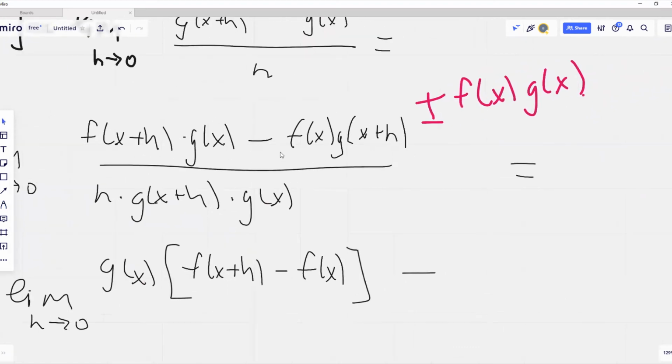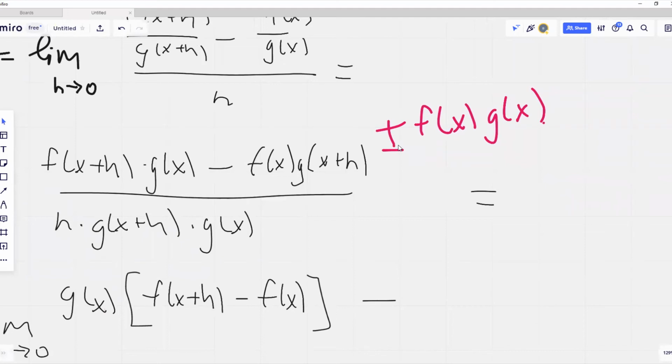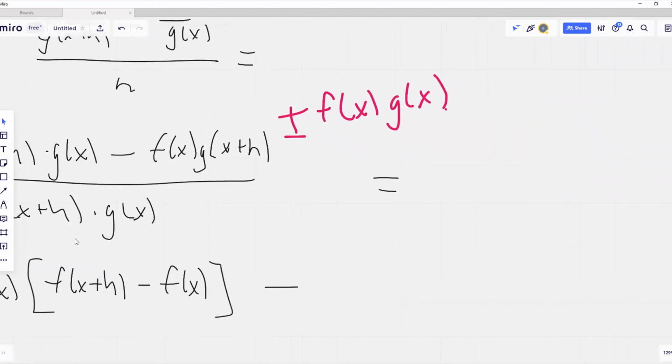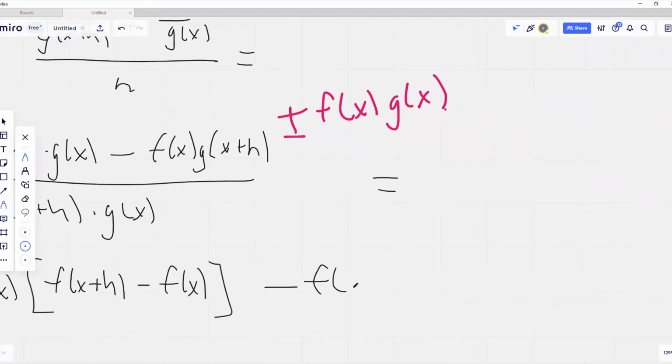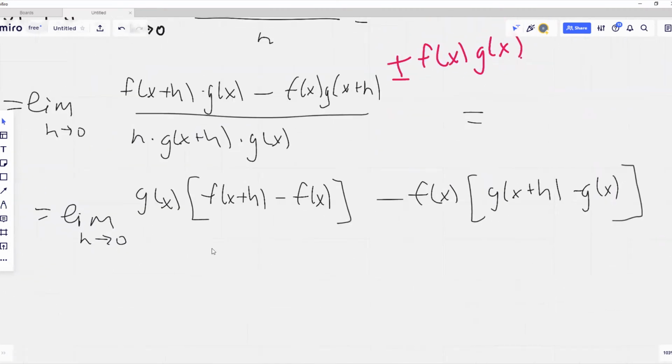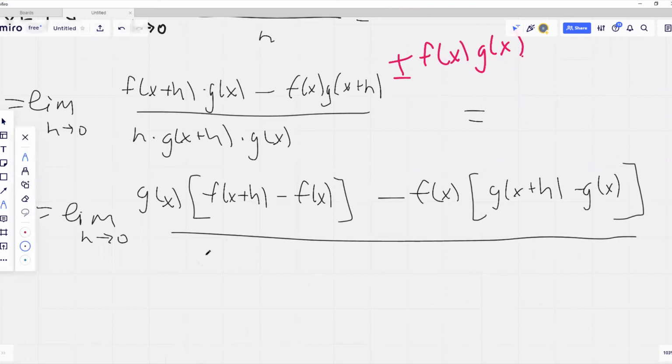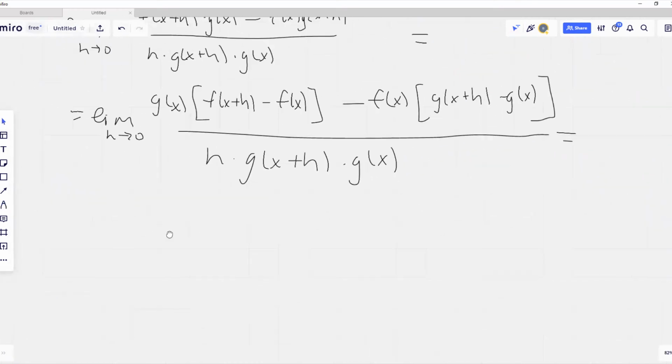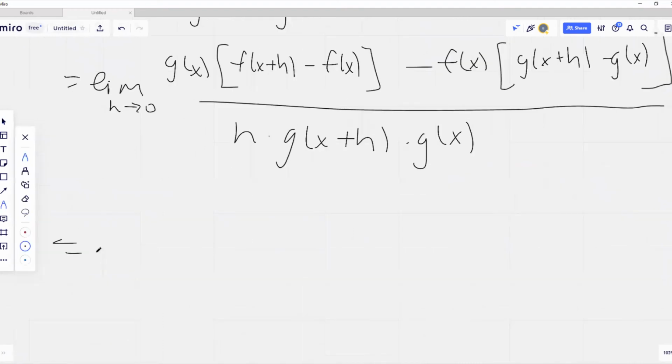Second, we are grouping this term with plus f of x, g of x, and factoring out minus f of x, we'll end up with g of x plus h minus g of x. In the denominator, we'll be left with h, g of x plus h multiplied by g of x. Now let's split everything up in the following manner. We'll have the limit when h is approaching 0